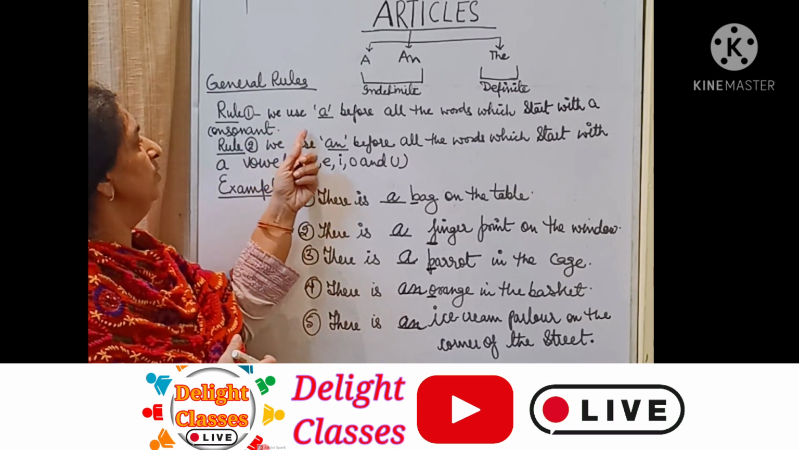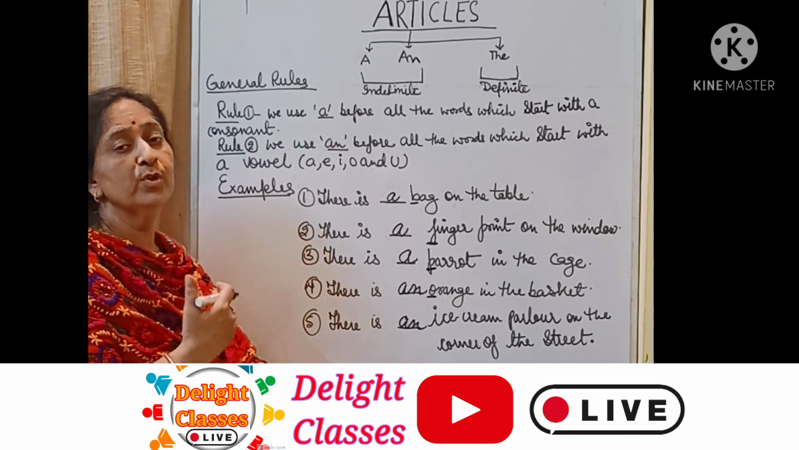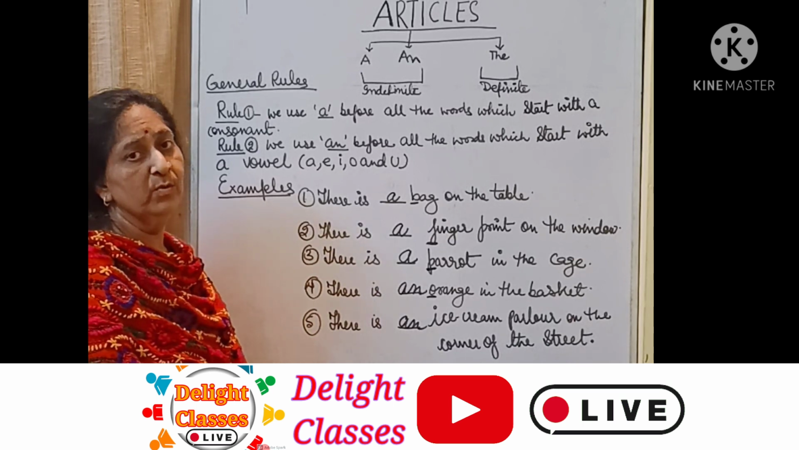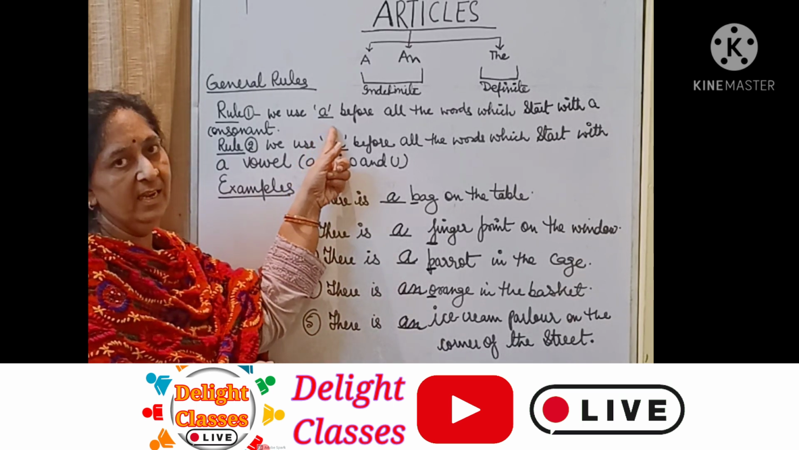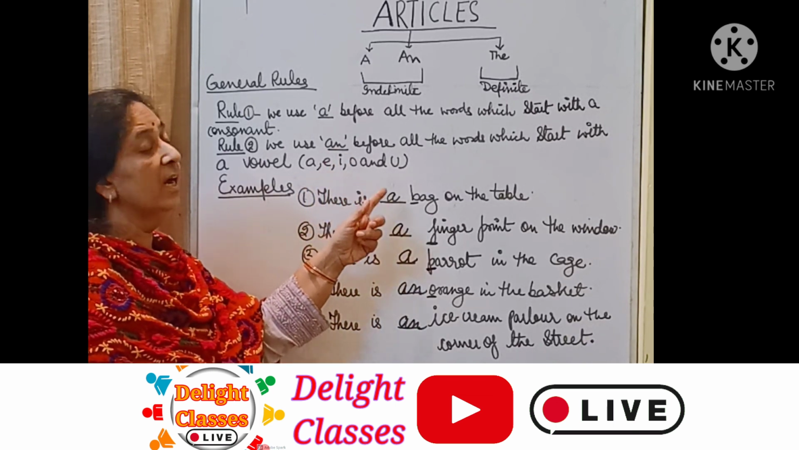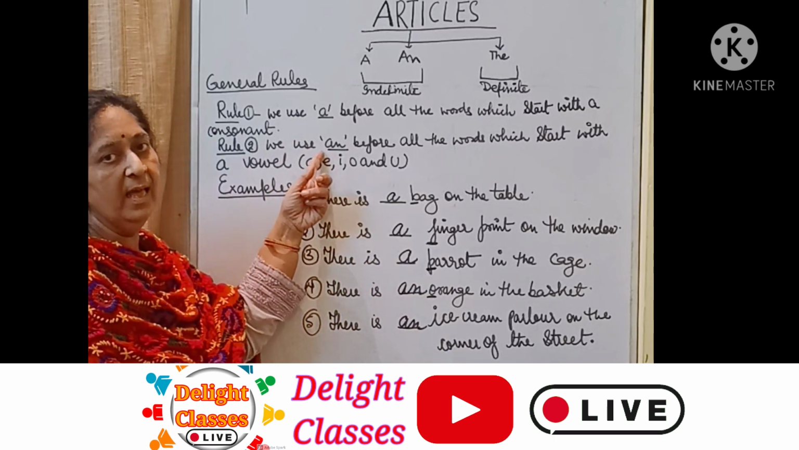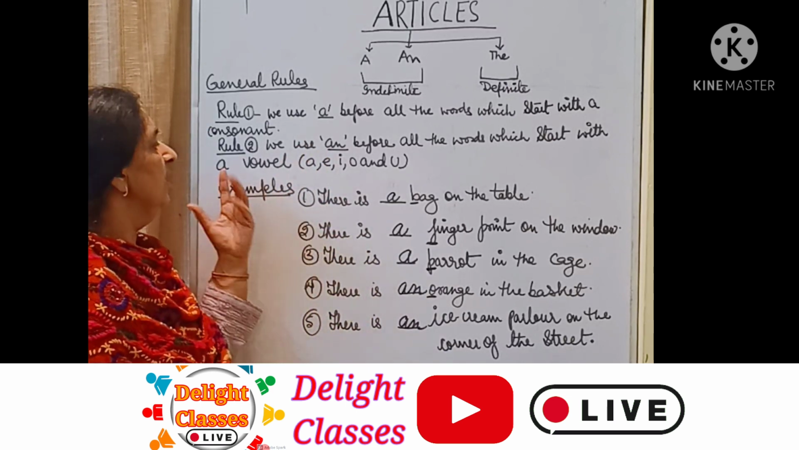General rules, we use a before all the words which begin with a consonant. हम सारे वो शब्द जो consonant से start होते हैं उनके पहले आर्टिकल ए का यूज करते हैं। जो सारे वर्ड ए ई आई ओ यू यानी वॉवल से स्टार्ट होते हैं उनके पहले हम आर्टिकल एन का यूज करते हैं। Examples,